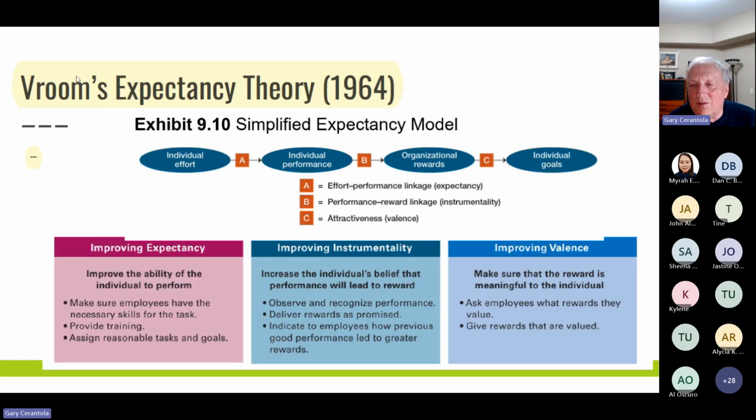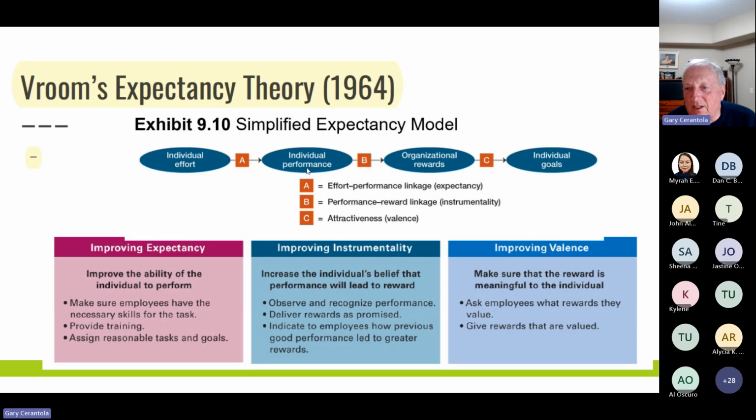And so here's the model that he came up with. What you're doing on the individual effort is that you want those people to be able to improve their ability as an individual to perform. And give them the tasks and provide the training, and then what'll happen is you start looking at the relationship between what you expected and the performance that you're getting. So that's the first kind of measurement of what's going on. And once you get to that point, then you can start focusing on individual performance.